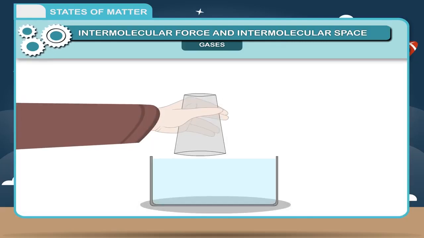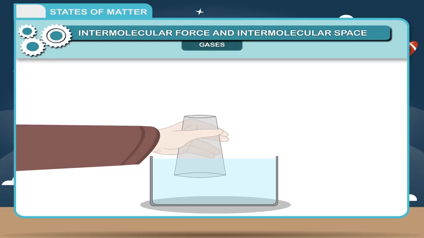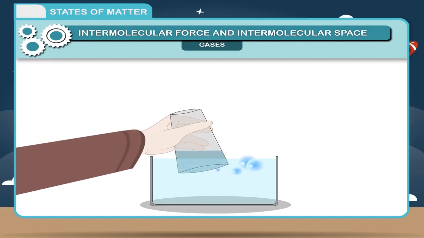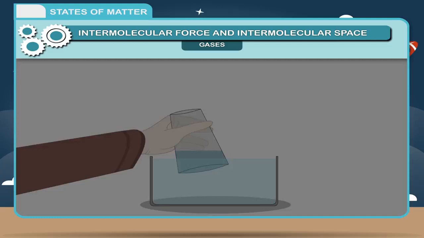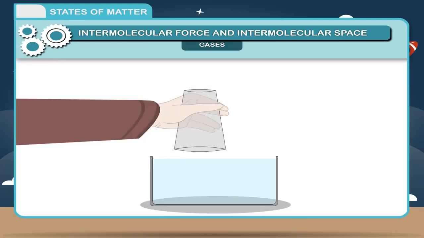First of all, why was it difficult to push the glass? An empty glass is not empty, but is full of air. When you push an inverted glass in a trough of water, air resists the entry of water as it has occupied all available space in the glass. When you tilted the glass, air escaped as bubbles and water entered the glass. This activity proves that air occupies space, that is, it has volume, but its volume is not fixed as it fills up the entire container.